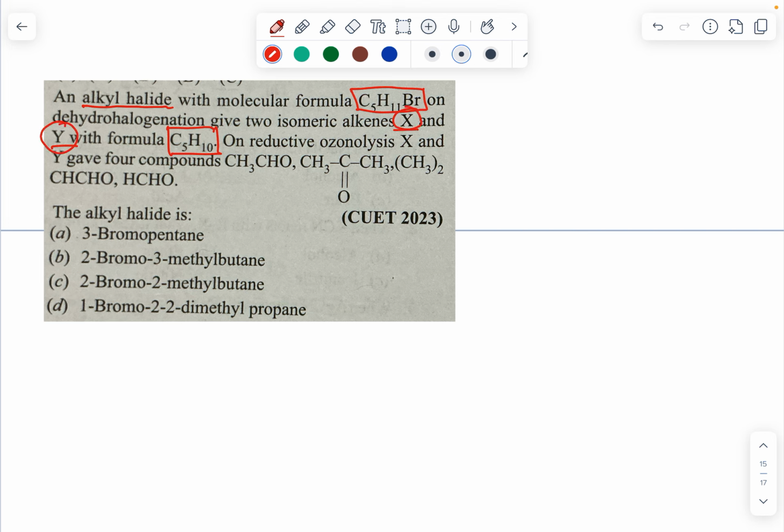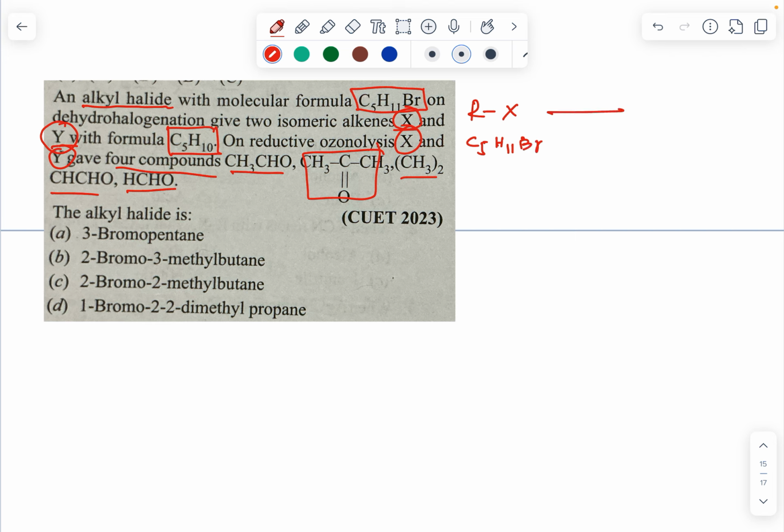On reductive ozonolysis, X and Y gave four compounds: ethanal and acetone, and 2-methyl propanal and formaldehyde. Now I am writing the pattern of this question. I have the haloalkane, its molecular formula